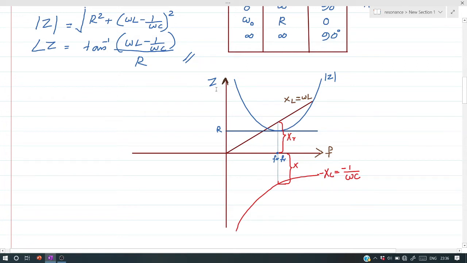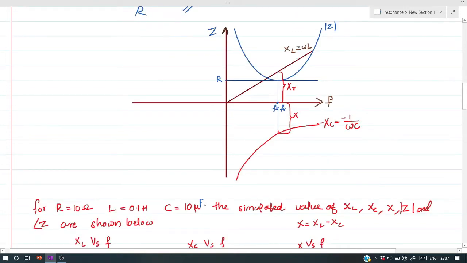The magnitude of the impedance is initially infinity at omega equal to 0 or f equal to 0, and as frequency increases, its value is decreasing and approaching a minimal value. The minimal value is R, and this minimal value is obtained at resonance condition, that is resonance frequency. After resonance frequency, if we again increase the frequency, impedance value is again increasing to infinity.